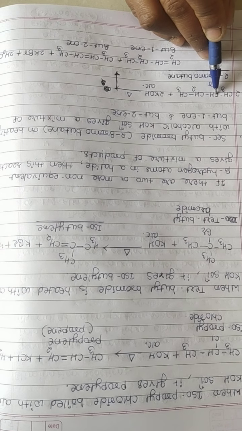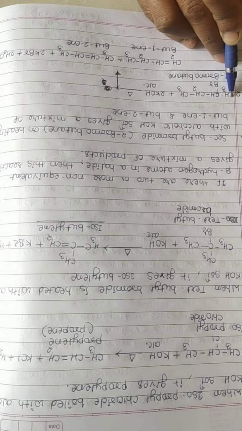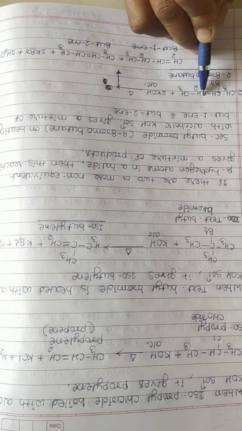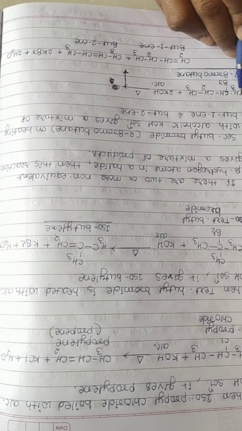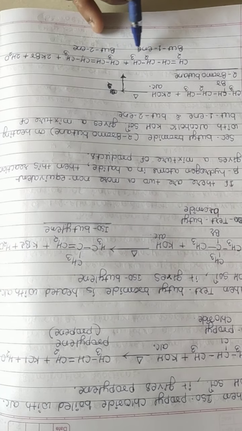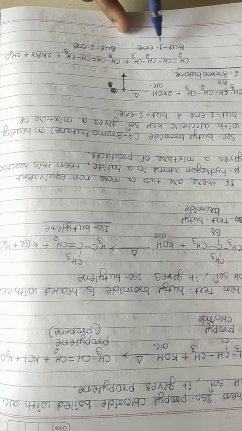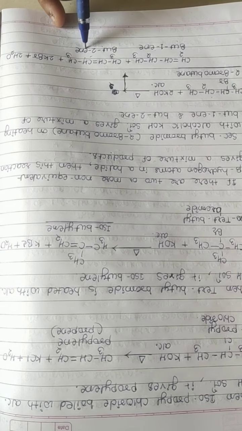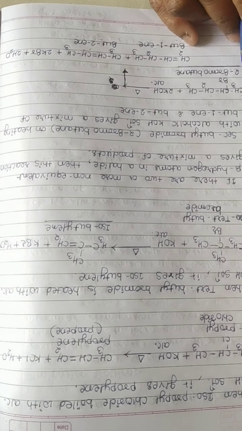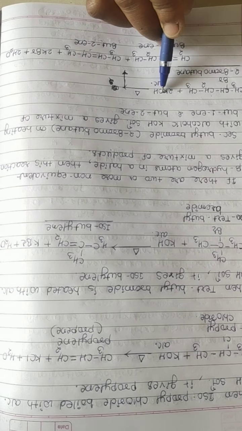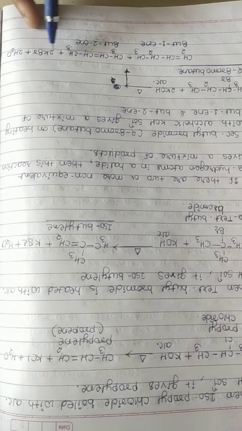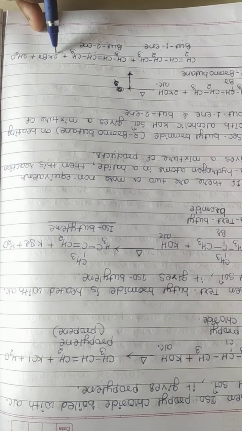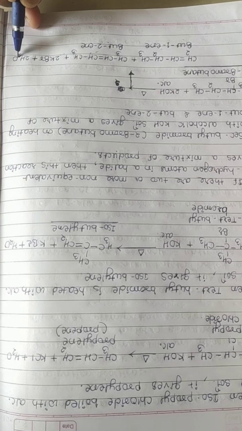This carbon is called alpha carbon. This carbon is beta and this carbon is also beta. Here this carbon is called beta 1 and this carbon is called beta 2. Then there is formation of two products, two alkenes, but-1-ene and but-2-ene. Here 2 molecules of 2-bromobutane react with 2 molecules of KOH to give but-1-ene, but-2-ene plus 2 byproducts, 2KBr plus 2H2O.